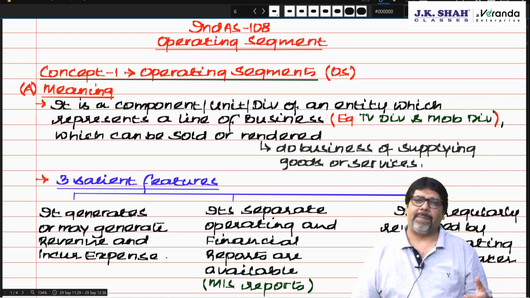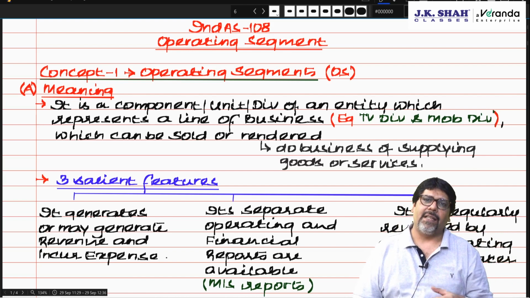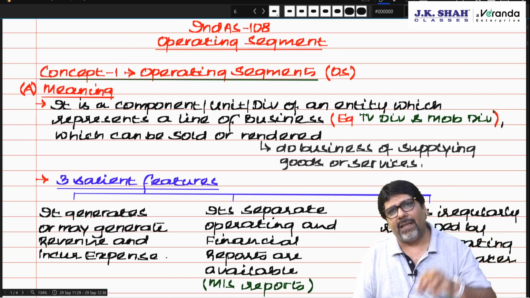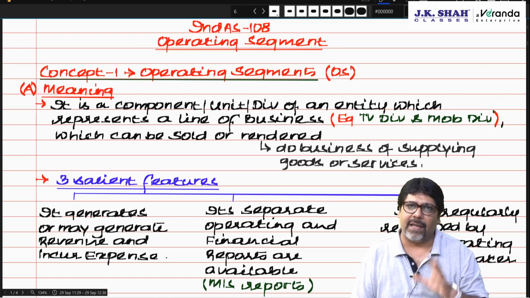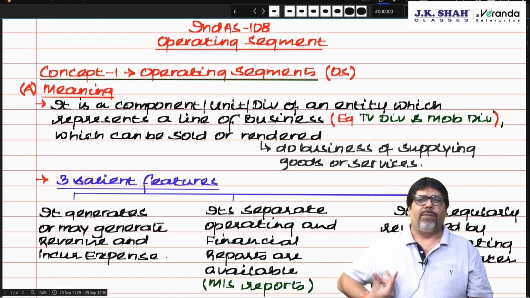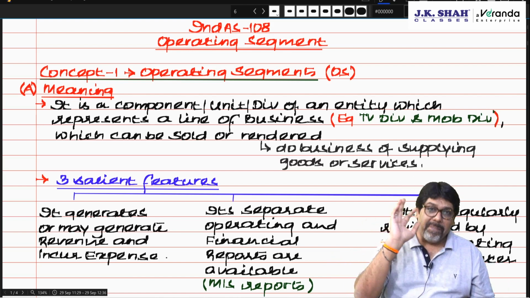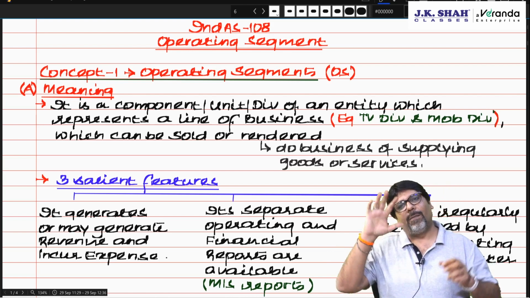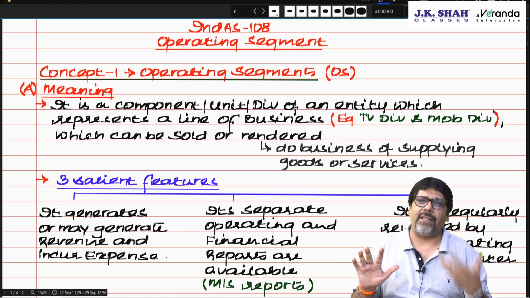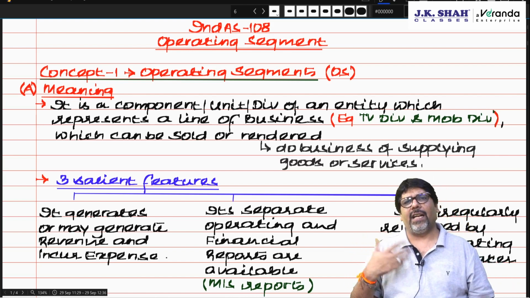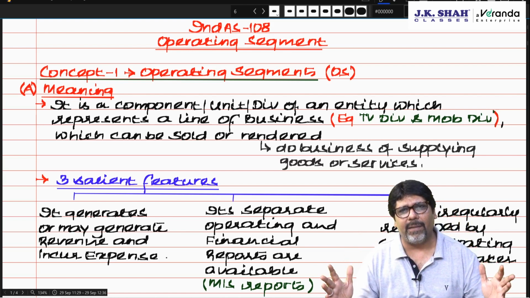Each segment's income and expenses can be found out. Each segment has a different operating and financial policy. Each segment is looked after by a chief operating decision maker. Am I clear? Now, you must have seen in some hotel that there are basically a bare minimum of two segments. One is lodging and one is restaurant. Restaurant caters to the food industry, and the hotel rooms cater to the lodging facility. So there are two clearly demarcated segments.